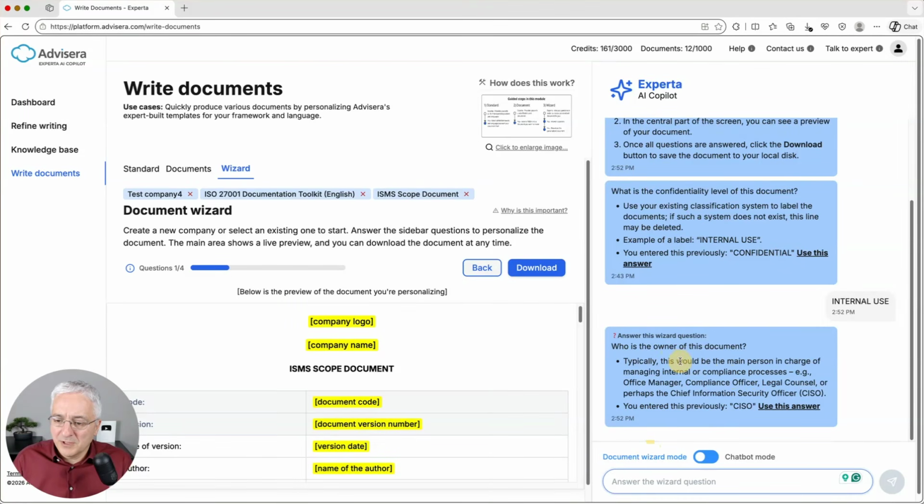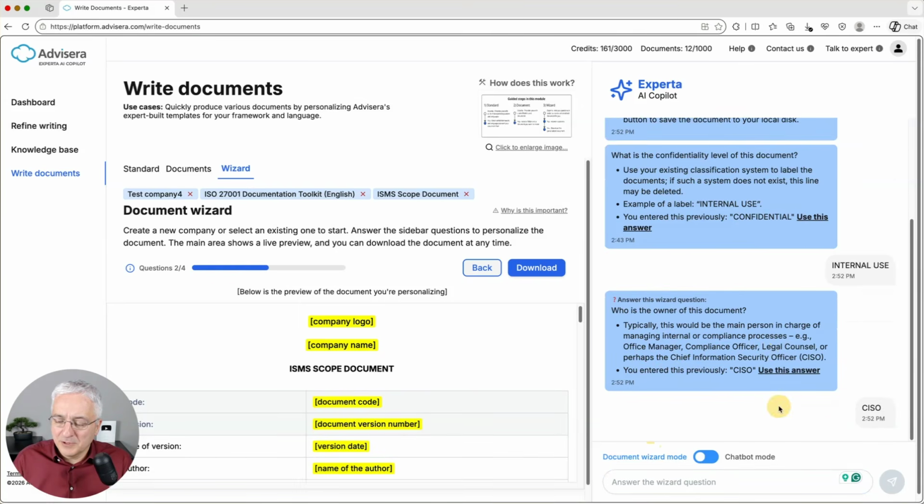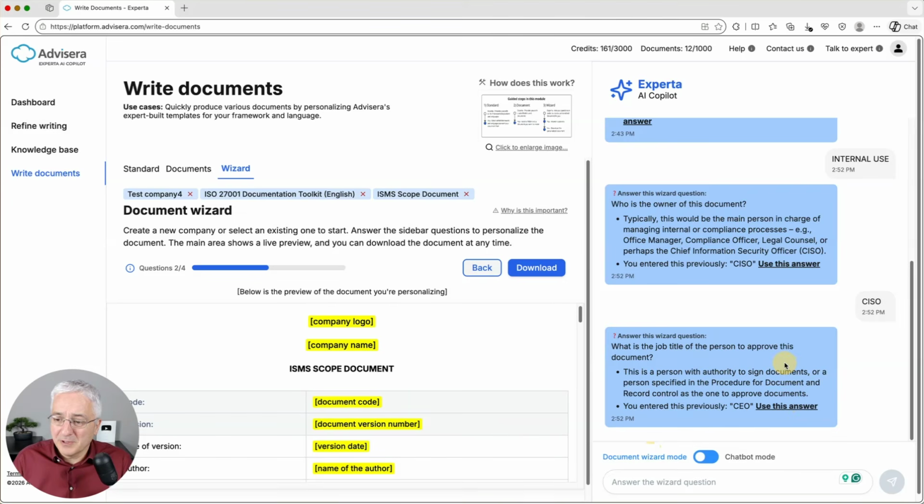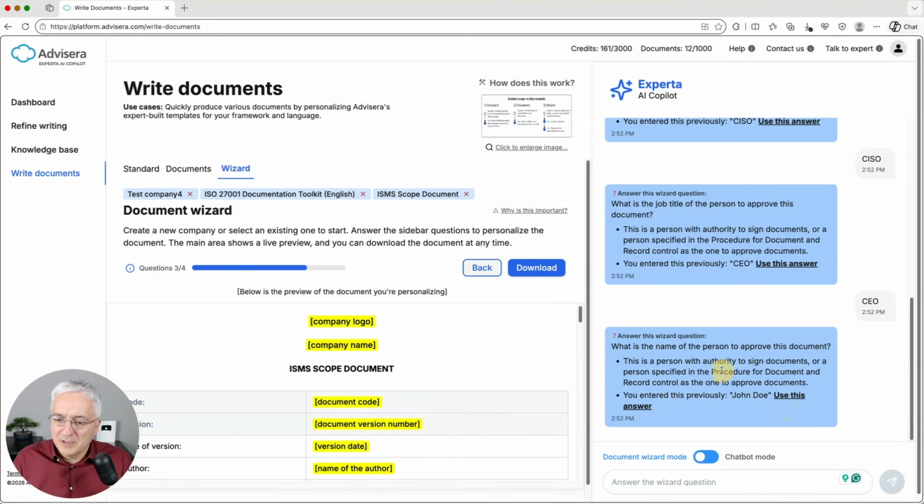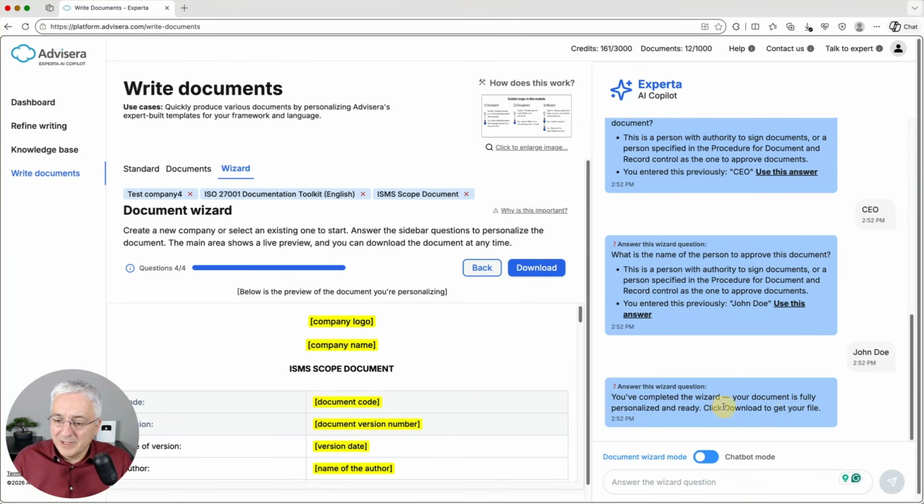So who is the owner of this document? And it suggests a couple of options here: office manager, compliance manager, and so on. And basically I entered previously CISO, so I'm simply going to use this answer. So as you can see, it's very quick. You simply click what you used before, and it moves forward. Also, who is the job title of the person to approve this document? Again, I entered previously CEO. I'm going to use this answer. I move on. And what is the name of the person to approve this document? Again, I entered previously John Doe. I simply click here. And basically I completed now the wizard,